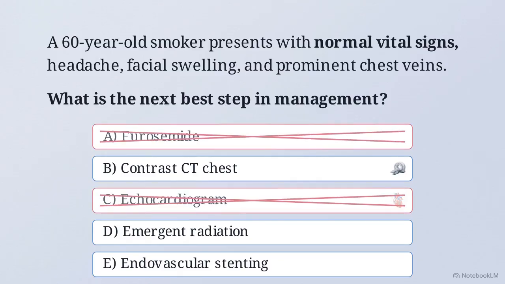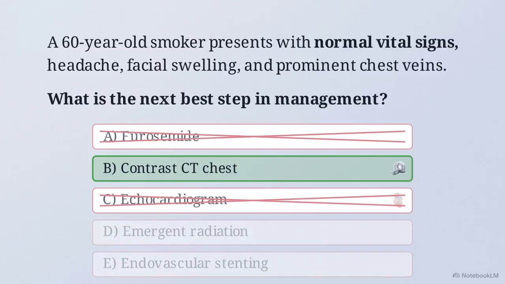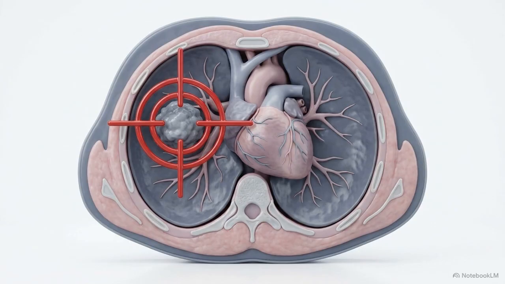Options A and C are incorrect. Diuretics worsen hemodynamics without fixing the physical compression, and an echocardiogram targets tamponade, which is ruled out by the patient's normal blood pressure. Option B, contrast CT chest, is the correct answer. We eliminate D and E because definitive treatments like radiation or endovascular stenting cannot be safely performed without precise radiological mapping of the anatomy. In hemodynamically stable superior vena cava syndrome, securing anatomical mapping via CT overrides the urge to